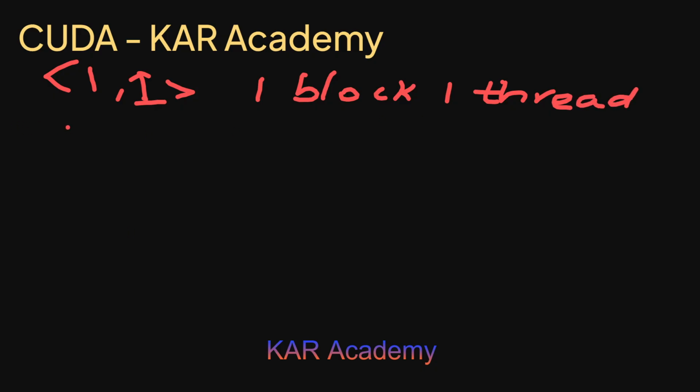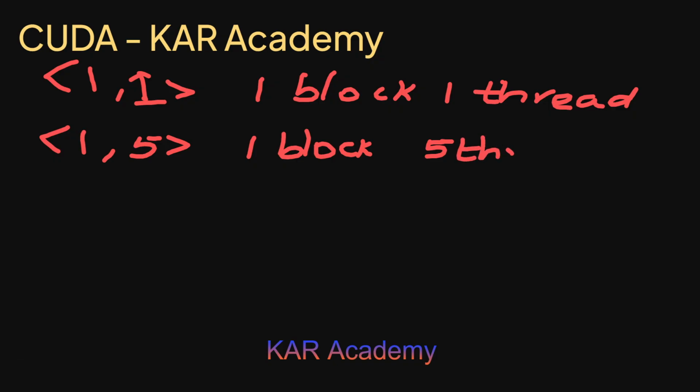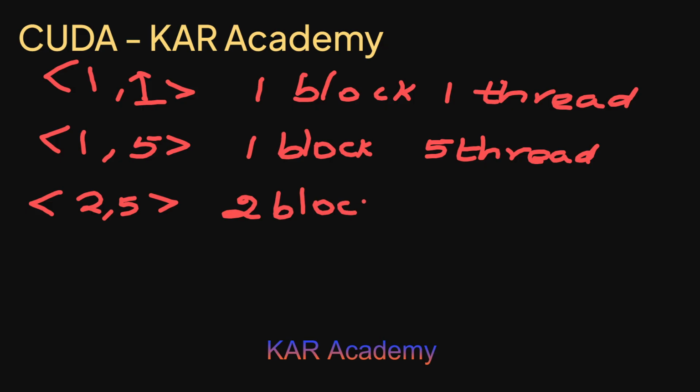Okay, now I changed from 1 comma 1 to 1 comma 5. In that case, what happened is we allocated one block and 5 threads. So when we say 5 threads, these threads are basically corresponding to a block. I also told you that each block will have the same number of threads, and when we changed from 1 comma 5 to 2 comma 5, that means we allocated 2 blocks and 5 threads per block,